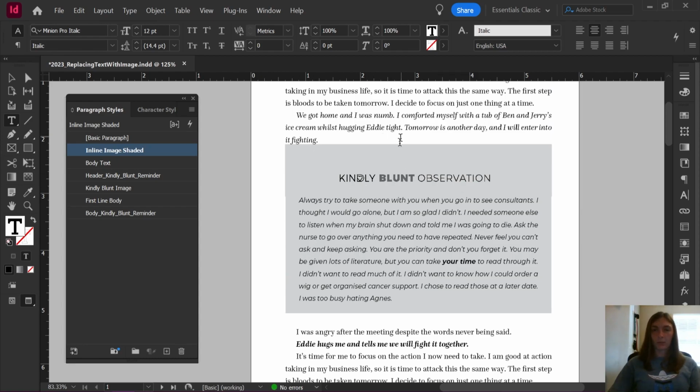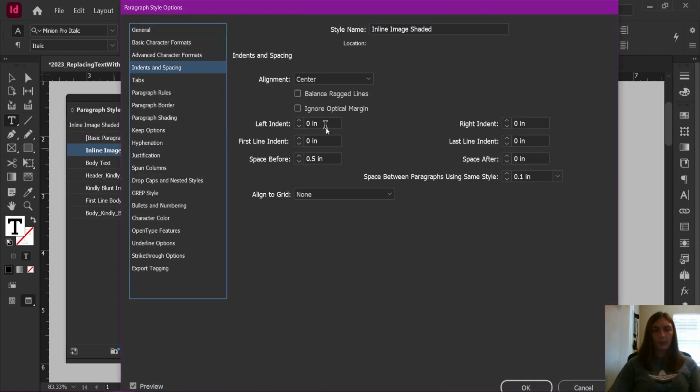Now to edit all of this extra gray space on the top, we are going to edit the inline image shaded again. The space before that's fine, probably. We can leave that at a 1/2 inch. And then let's look at